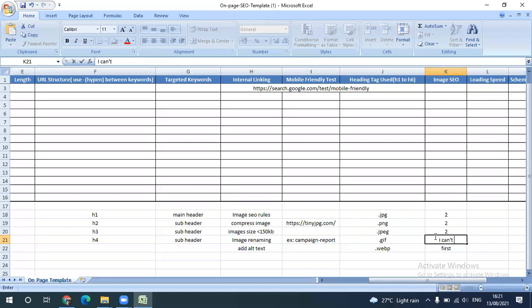In the website, the first priority is the WebP format. JPG is the one we commonly use for the main purpose.